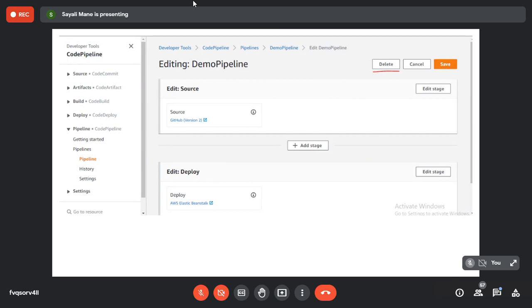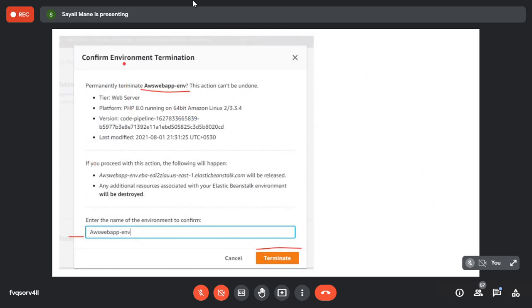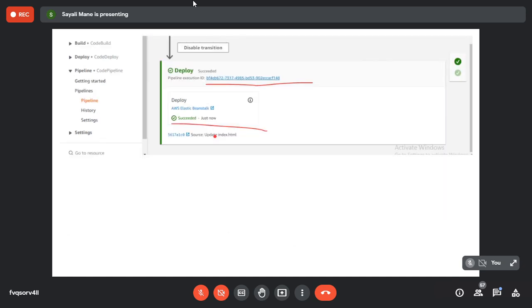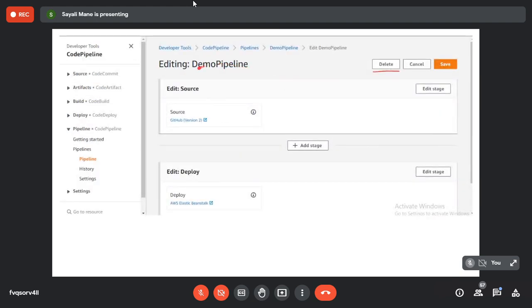Okay. So are you getting this screen? This one, demo pipeline. Yes, ma'am. Okay, now here click on the delete button. This one. Then you will get this message. Ma'am, can you repeat? Okay. See here, scroll up. There is one option called the edit one. Click on that edit option, edit demo pipeline. You will get this screen. Now here, click on the delete button.